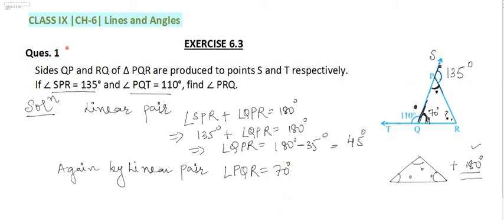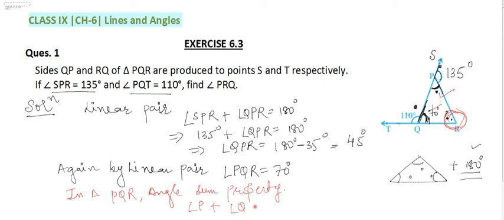Now I know value of this particular angle, I know value of this particular angle, I know value of this particular angle. Now if I subtract the sum of these two from 180 degree, I will get value of this. And what is the property which you are using here? That is angle sum property. So if in triangle PQR, when you apply angle sum property, so sum of three angles should be equal to 180 degree. That means angle P plus angle Q plus angle R should be equal to 180 degree.